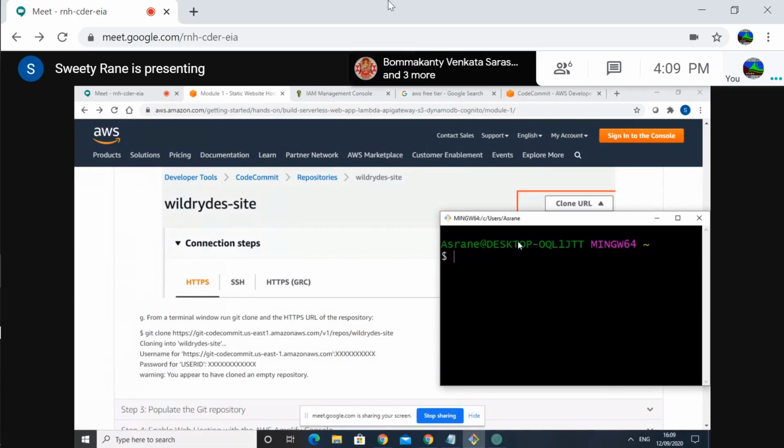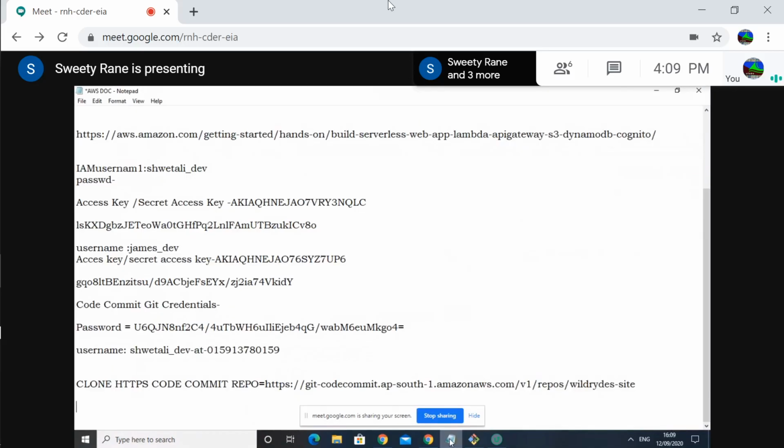Yes, git clone and then copy that link. Not this link. We need to copy our repository, which you have just created and saved in the file. That repository you need to copy.